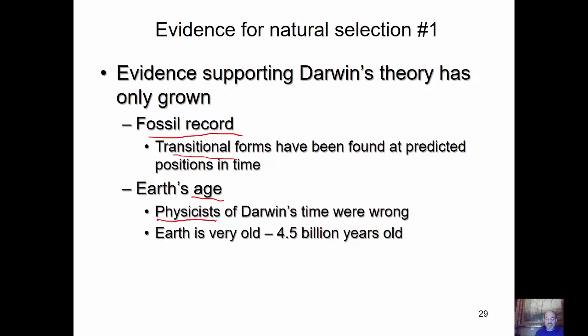But even they were wrong. It took the discovery of radioisotopes to actually date some of the oldest rocks, and we now know today that the evidence strongly suggests that the Earth is about 4.5 billion years old. So that's way older, 1,000 times greater than what was originally thought.